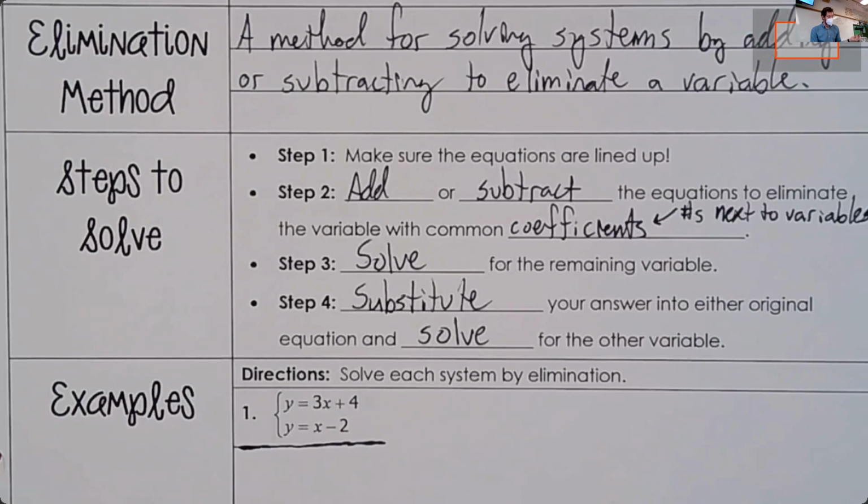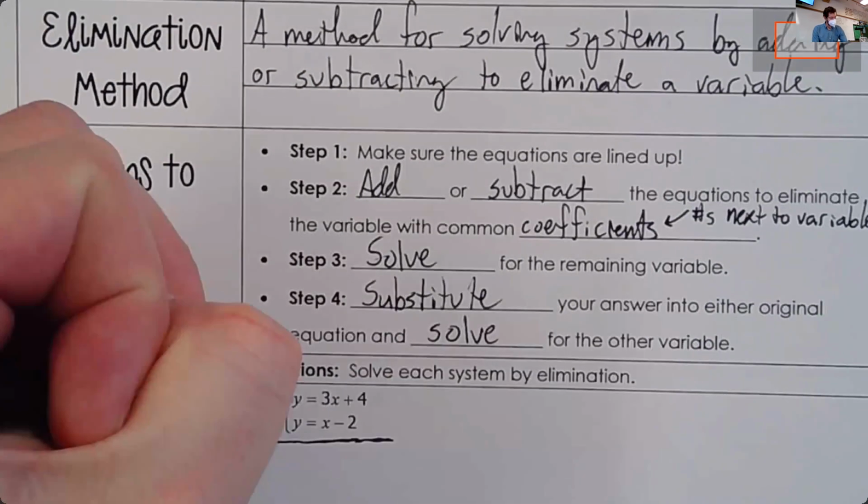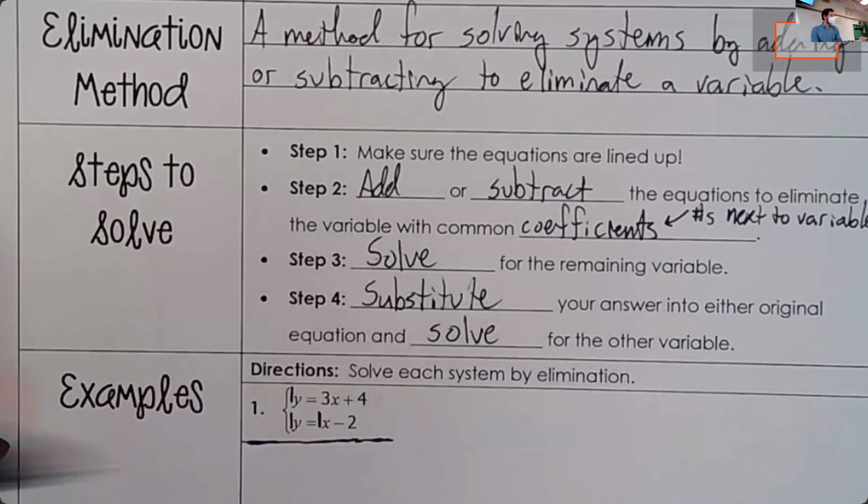I'm going to put a 1 in front of the y's, and a 1 in front of the x, just to remind myself that that is the coefficient with those variables. If there isn't a number shown with the variable, the number is 1. All right, now we have to determine. Step 1, make sure the equations are lined up. We've got that. Step 2, add or subtract the equations to eliminate the variable with common coefficients,